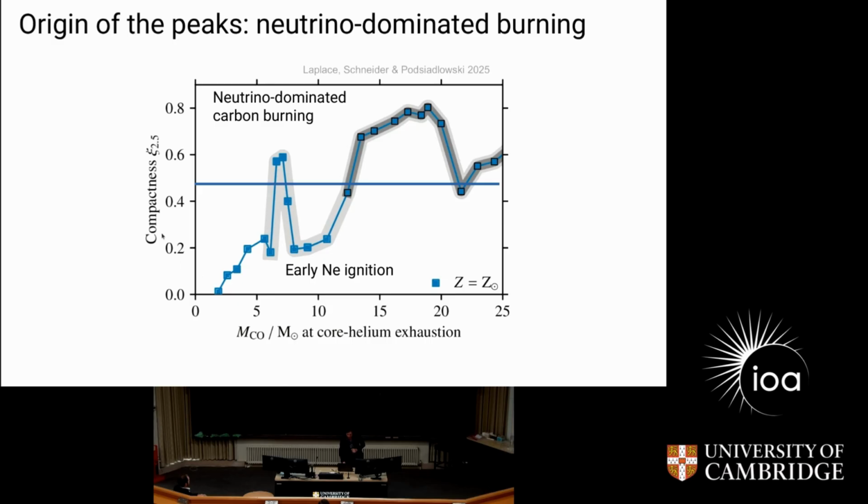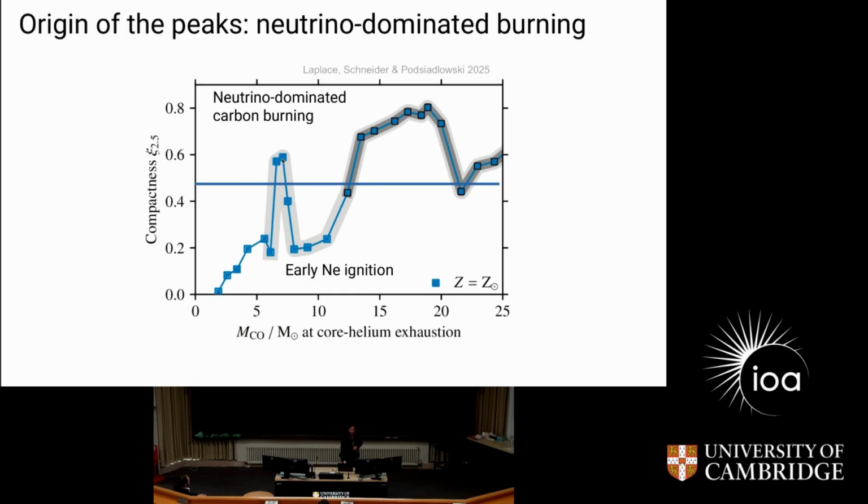So it turns out that for these massive stars, when you go to higher core masses, you actually start to have less fuel at the center. And what that means is that the rate of neutrino losses goes up. And it goes up so much that even the nuclear burning is dominated by neutrino losses. What that means is the star will lose a lot of energy and will have to contract more. So we will see this compactness of the star go up, and the star will be able to form a